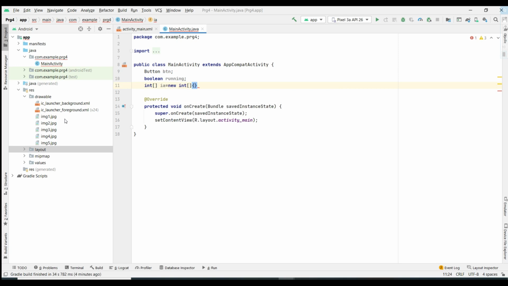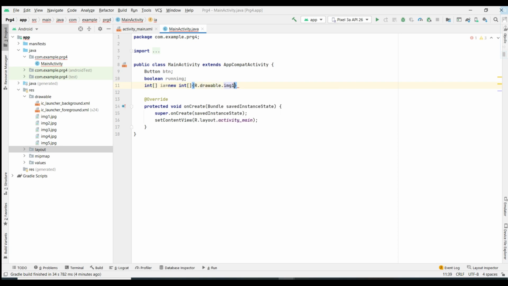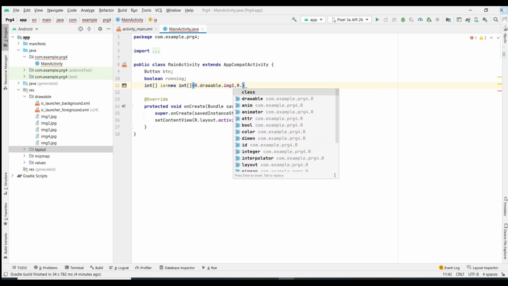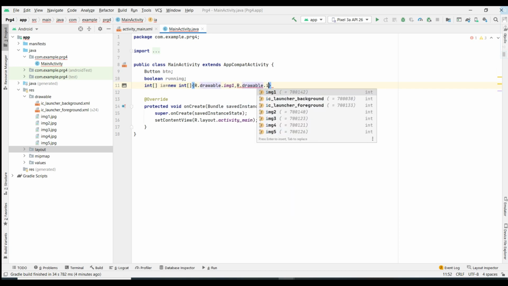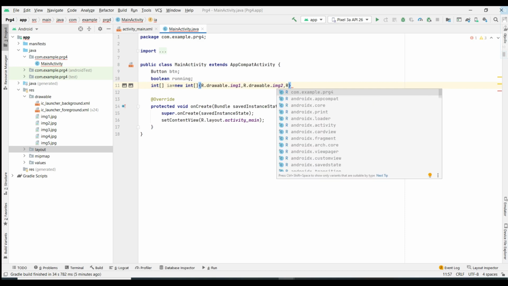And I want to put all the 5 images, right? Since I have stored those 5 images, if you observe in the resource folder, within the drawable folder, I have put all the 5 images. I am going to mention R.drawable. and the name I have given for the image. So image1, comma, R.drawable.image2. Similarly you are going to do this for all the images you have copied.